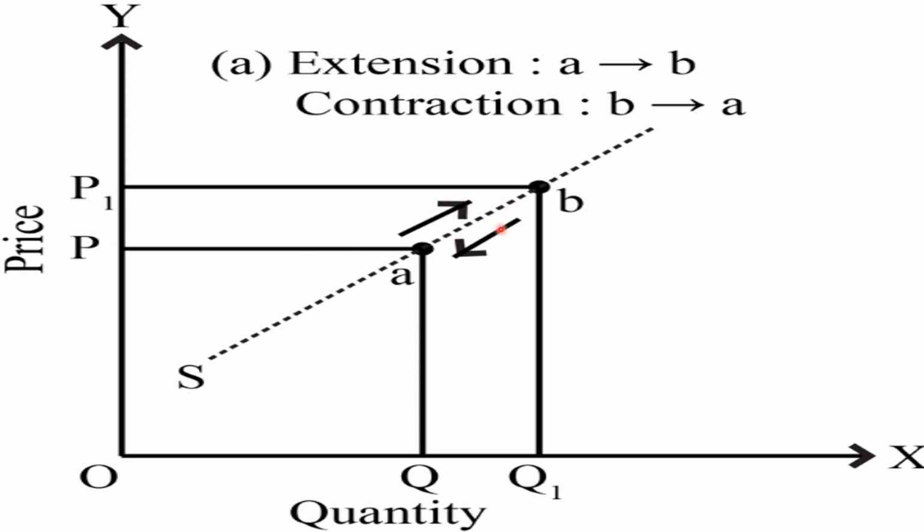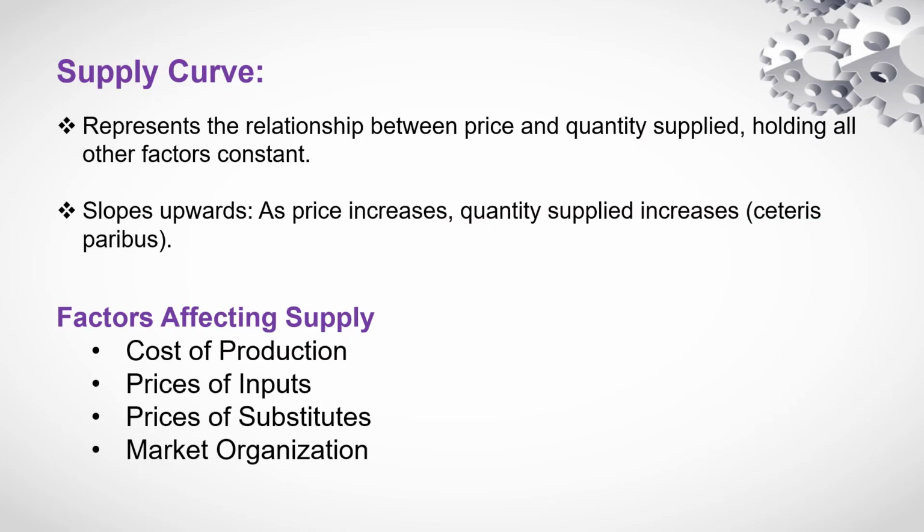But can it be increased from Q to Q1? So there is this demand that we are looking into. With the extension of prices from P to P1, there would be a contraction from B to A. But if the quantity needs to be increased because of an excess production or excess supply altogether, we reduce the price and the quantity shoots up. And that is the balancing act that comes around it.